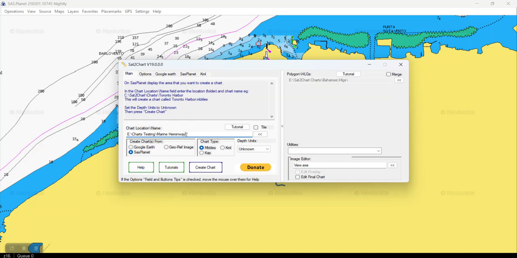Now if I put in the same name, Marina Hemingway, the previous chart created a chart called Marina Hemingway.Mbtiles. So we don't want to do that again because it would overlay the first one. So we have to give this a different name. Maybe say Navionics, just to distinguish between the two. And then I would go ahead and create chart. So that would create two charts, one with the satellite Google Maps and one with the Navionics map. So that's what it was like before